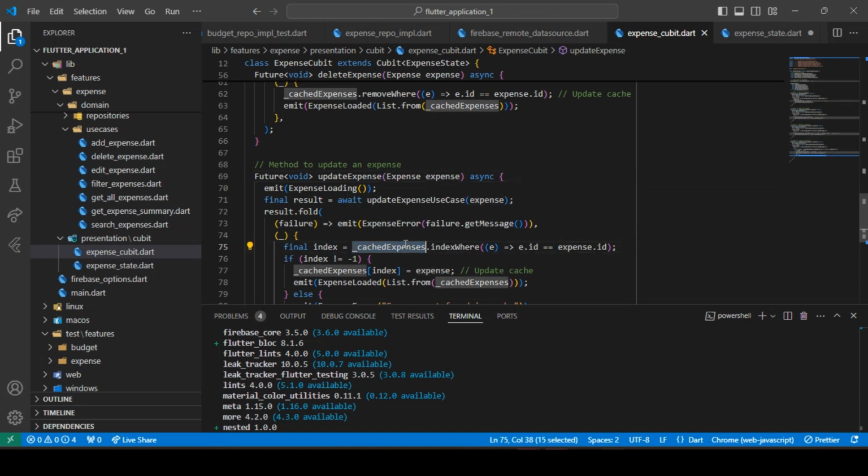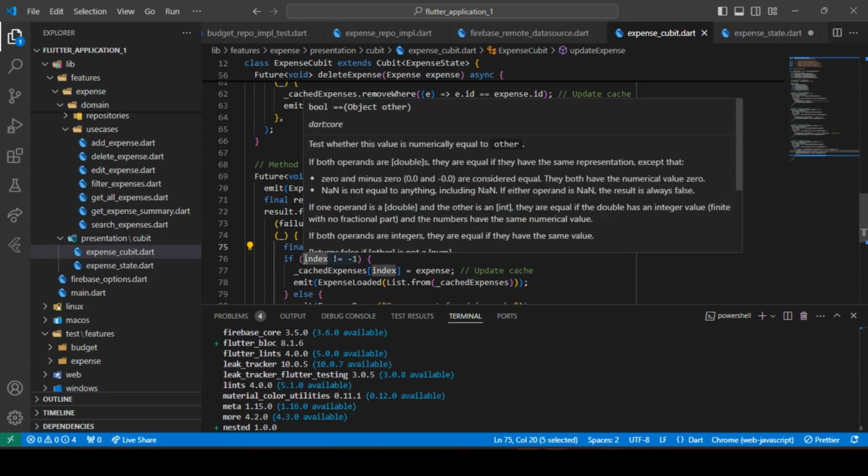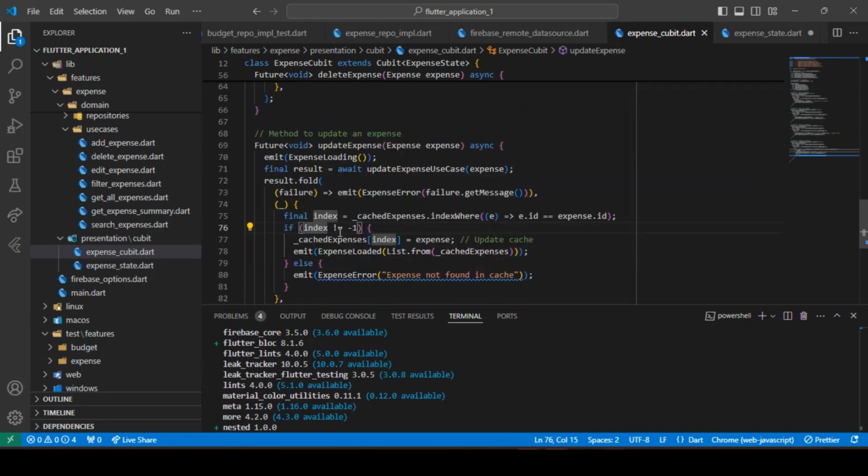Tapos doon sa cash expenses, yung expense na yun whose ID is 1 is located at the index 1 sa array natin dito sa cash expense. So let's say yung answer dito is 1. Check dito. Okay, if the index is not equal to -1, which is true naman, do this instead. Okay. So in this case, pag mayroon tayong index or na-found yung expense na yun sa list, sa array natin na list,